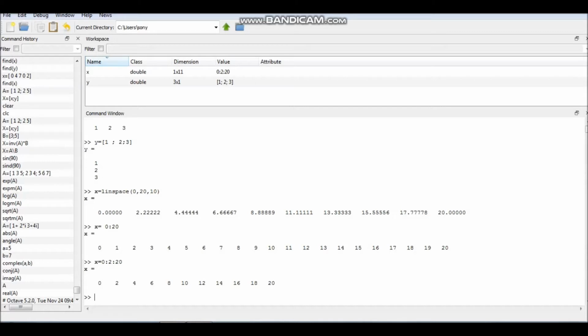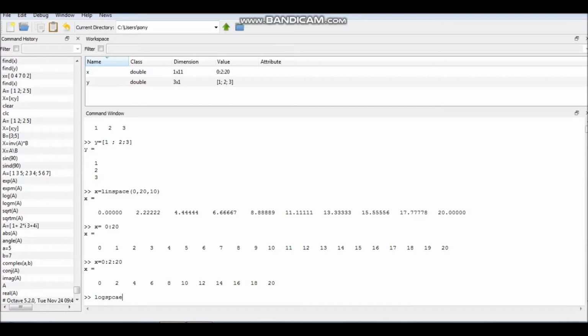So now you will get the answer like this. Here the first is the first value, the second is the spacing, and the third is the last value. But in the linspace command, the first is the first value, then the final value, and then the number of points you want to generate.